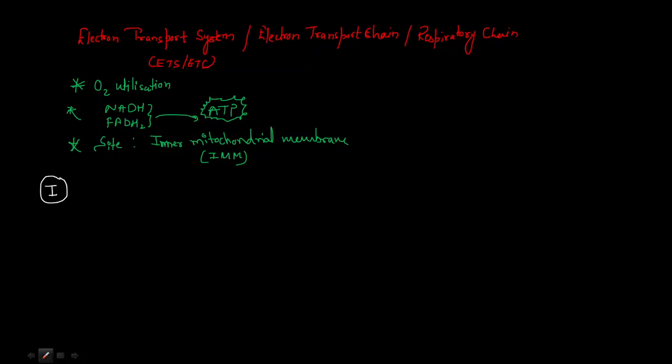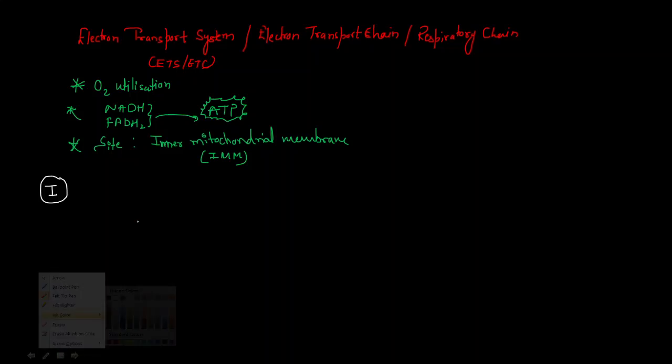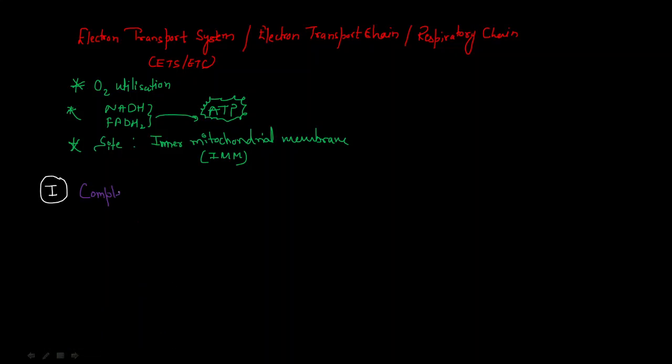The very first one is the presence of certain complexes. Okay, so what are these complexes? Let us discuss. There are going to be in total 5 complexes. The very first one is NADH dehydrogenase, also known as ubiquinone oxidoreductase,